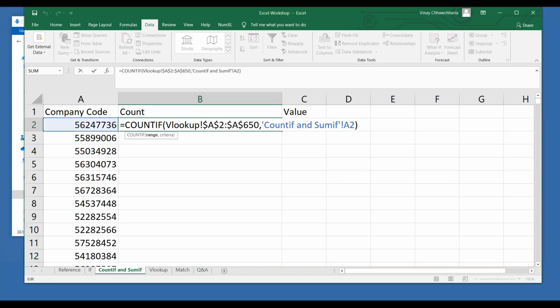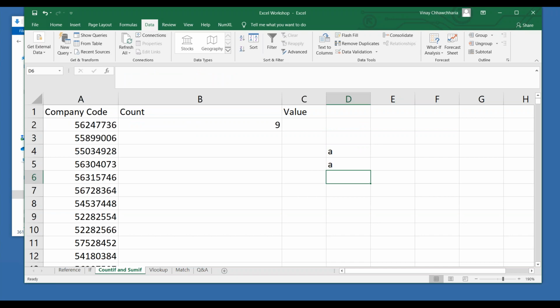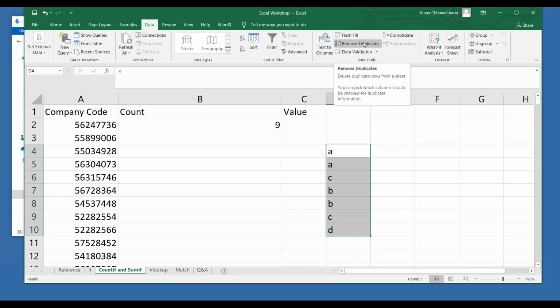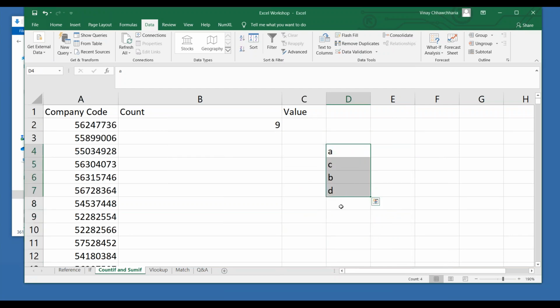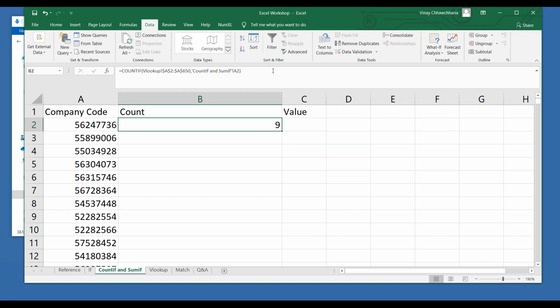I'm just repeating this with a simple example. This is my range. Control Shift down, I have selected this. Remove Duplicates is under the Data tab. It also depends upon which Excel version you are using. If you are not using anything which is after 2007, this function is not there. Okay, so the duplicates are gone. You get only the uniques. If you are not able to get Remove Duplicates, that is absolutely fine. Try and achieve the result with COUNTIF.